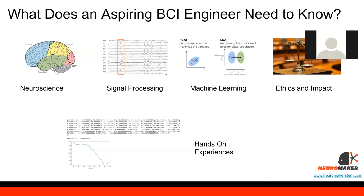So that's mostly on the science side and technology of what students need to know, but they're also going to need to know, of course, the ethics of impact behind this. So one of the first applications of BCI in the medical field was communicating with people who are paralyzed or cannot otherwise communicate in the normal way that we human beings are used to doing. So if there is somebody paralyzed, can they actually give consent, right? So there's this whole new field of neuroethics that has evolved over the past few years. And there's been some really interesting ways that human beings have had to think through the ethical use of this technology. So we want to make sure that students have a firm grounding in those principles,